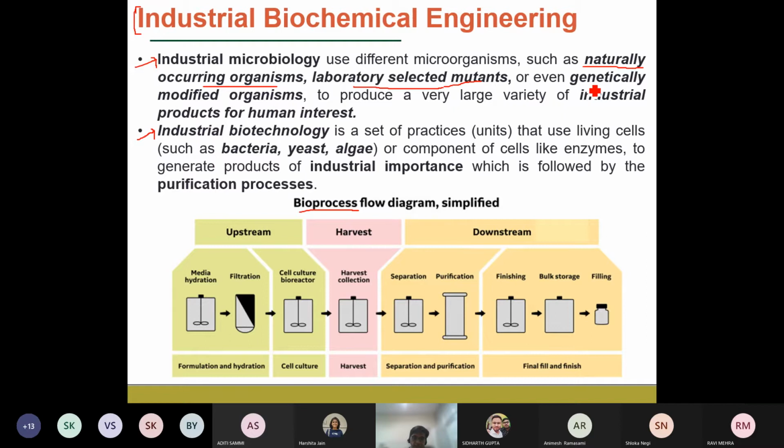E. coli is a particular bacteria which can multiply, but it is not, for example, known to produce any value-added biochemicals. It can just multiply very fast. But suppose we genetically engineer an E. coli. The genetic material, the DNA of an E. coli, has a target sequence there for the production of a biochemical, suppose ethanol.